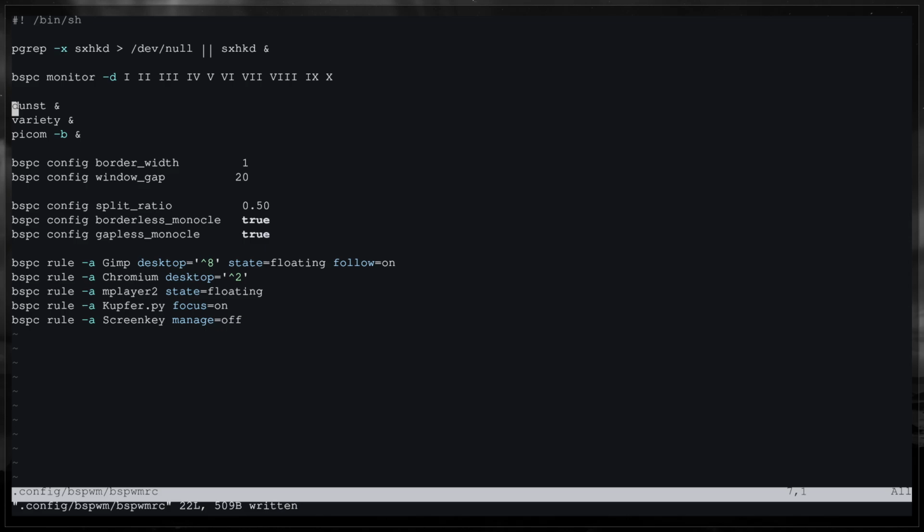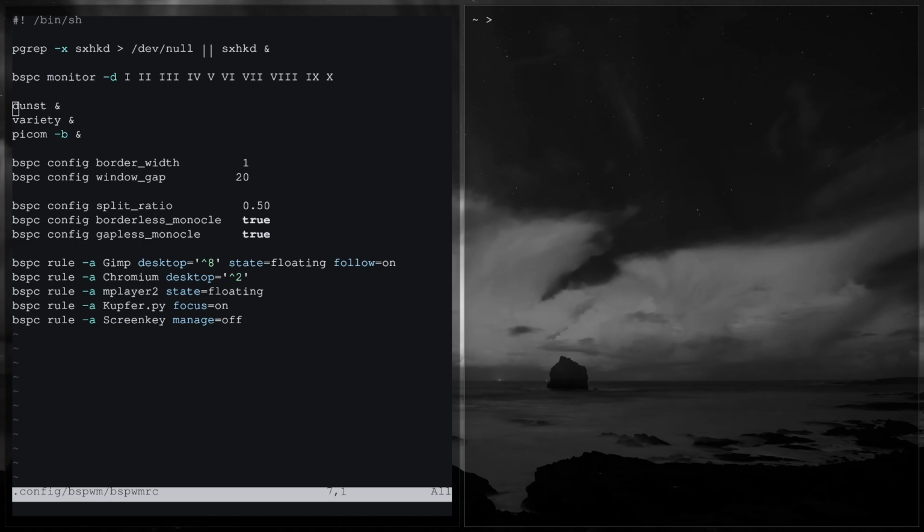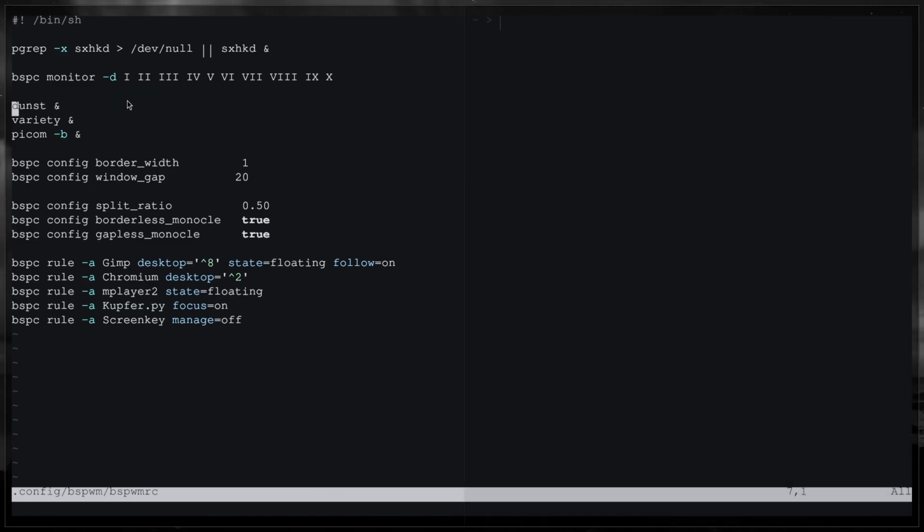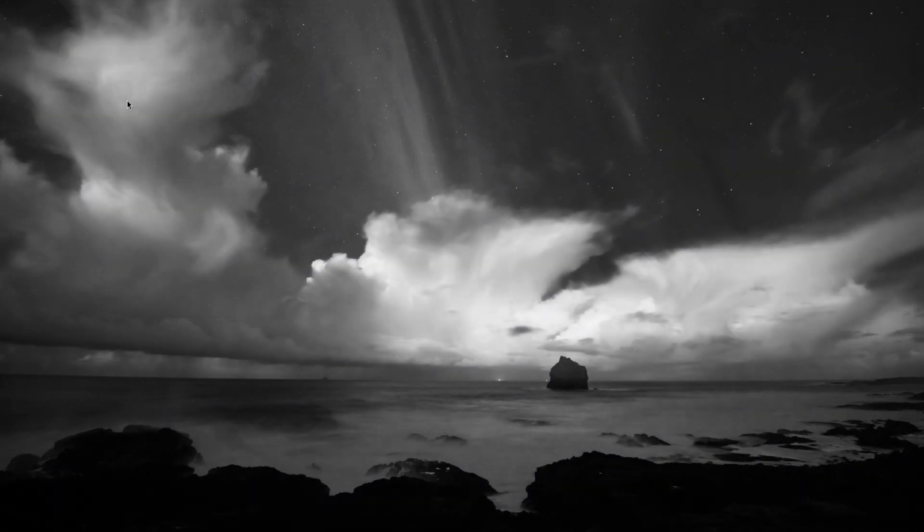I've got my border width real thin. If you think about it, I'm moving back and forth, so I just need a little bit of something to know where I'm at. Yeah, there's not a whole lot to really talk about there. And I think that's about it for the video. I can't think of anything else. Oh, well, I got the normal, I set up